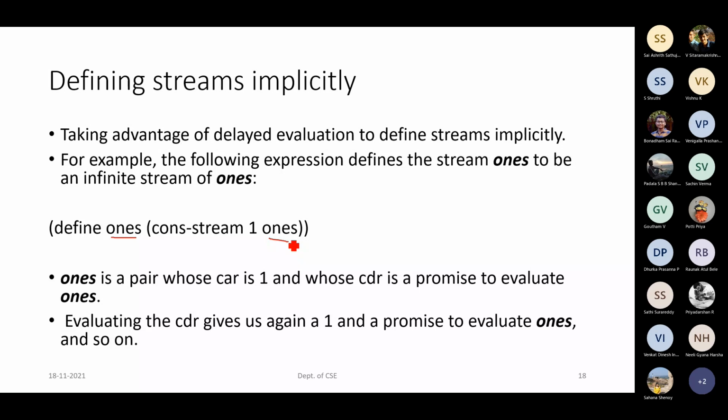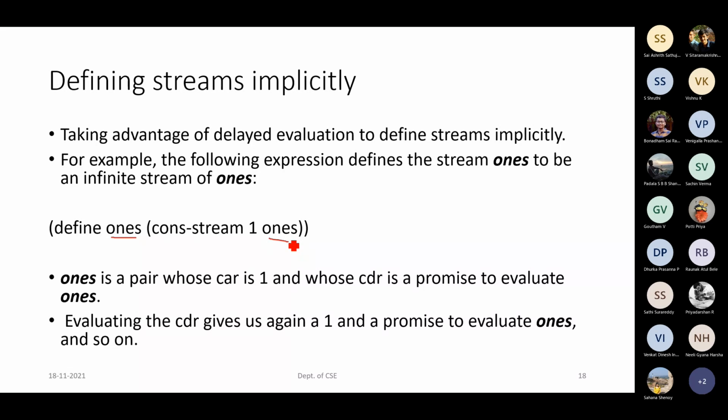Okay. So if you are using the same variable, the ones, and for later purpose also the same thing has been used, this type of concept, that is infinite stream concept, and if the same variable is getting used again and again in the same statement, then we call the stream to be as implicit streams.